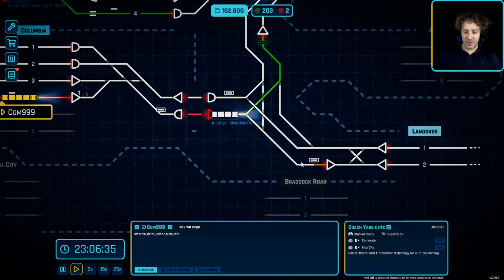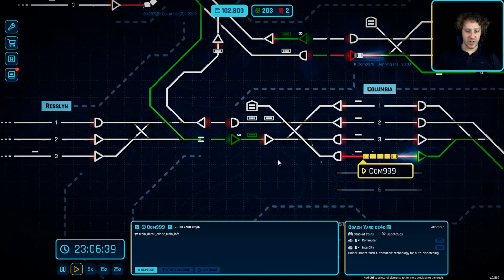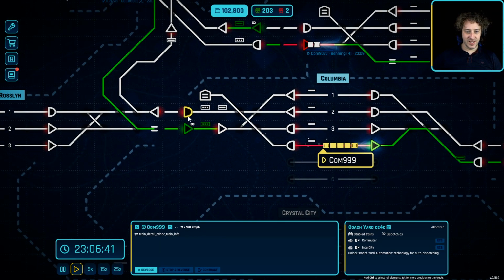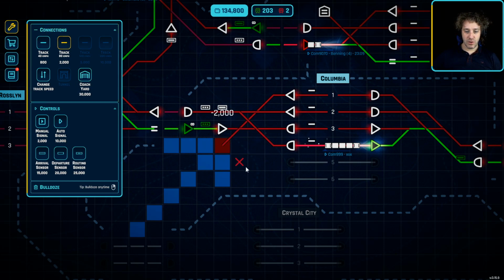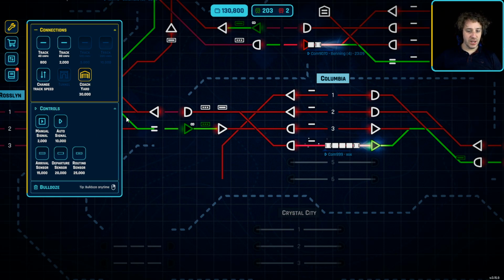We'll route this to here in a way. We'll see if we can get rid of that train. Whilst that train is disappearing, let's sort things out down here. So the first thing I'm going to do is remove the coach yard, and I'm also going to remove a few bits of track. And I want to come off this side because we've got a lot more room on this side. And if we come straight down,